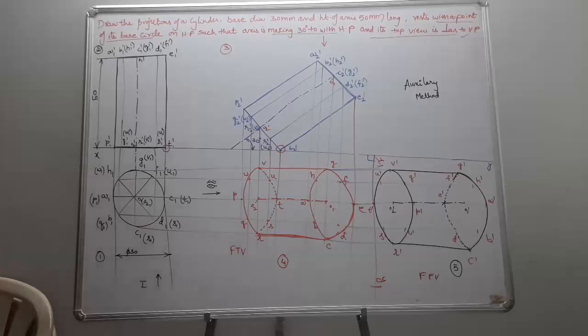Height of the solid or axis height means the same. Touches the VP on a point of its base, touches the VP on a point of its base circle,